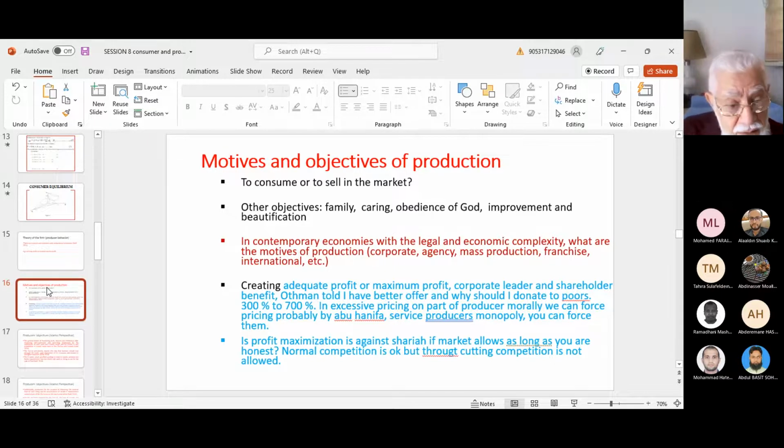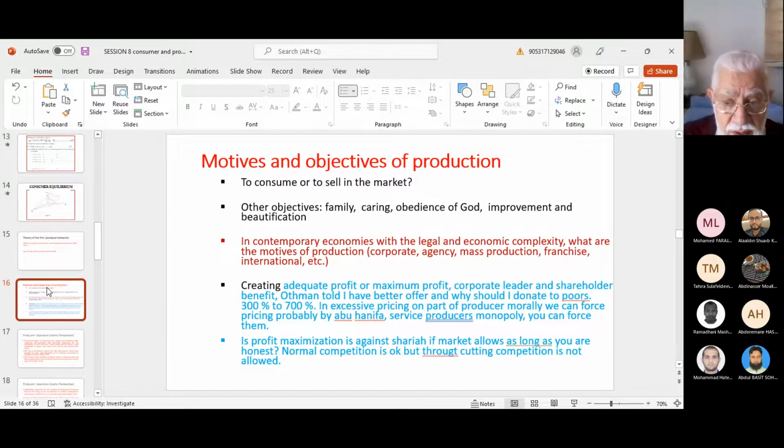Meaning that, okay, if there is any mischief, if there is any inappropriate behavior on the part of the producers, then definitely you put a price limit on them and you force them to sell at a lower price. But if there is no misbehavior and the cost is high, let the market determine which of the producers would survive. The one who has high cost would not survive, of course, and will go bankrupt. And it's okay to go bankrupt. What is wrong with it?